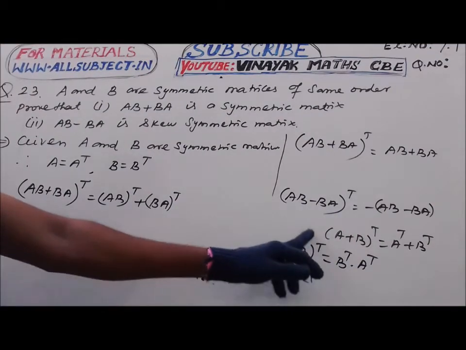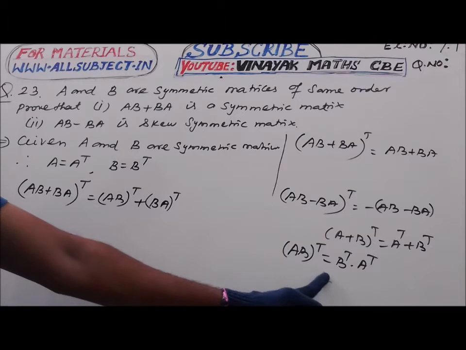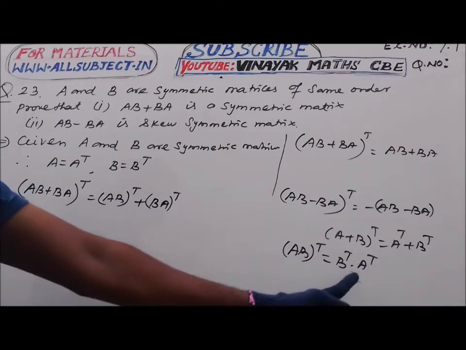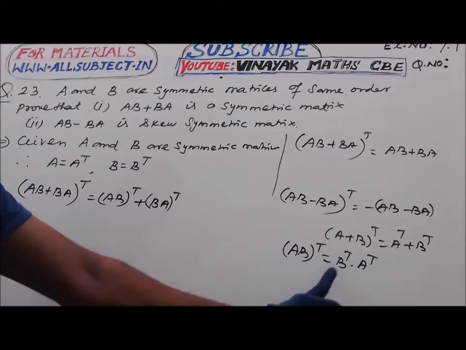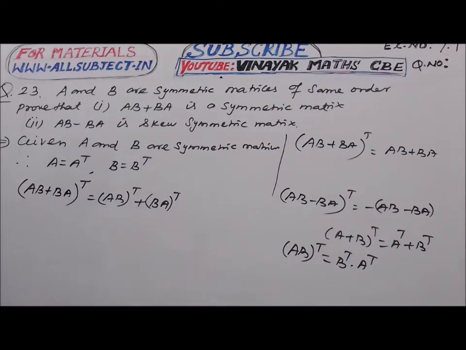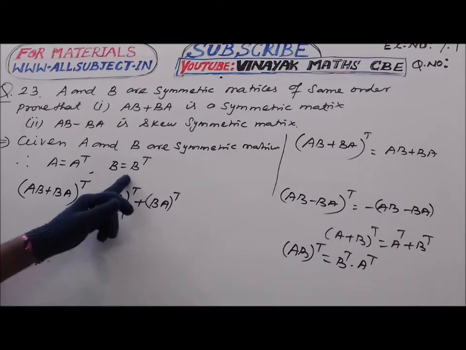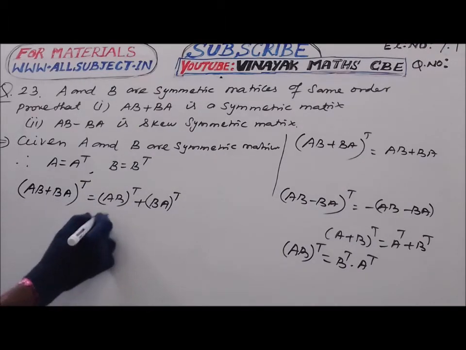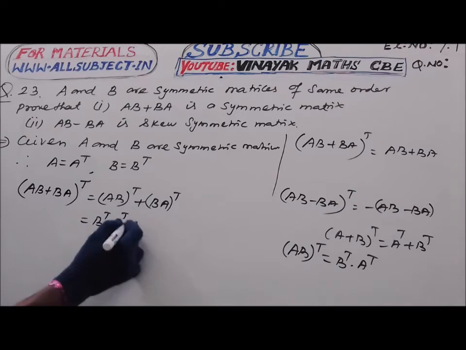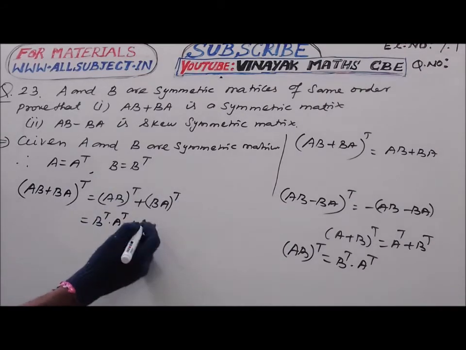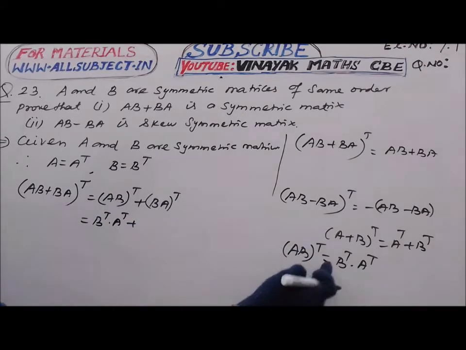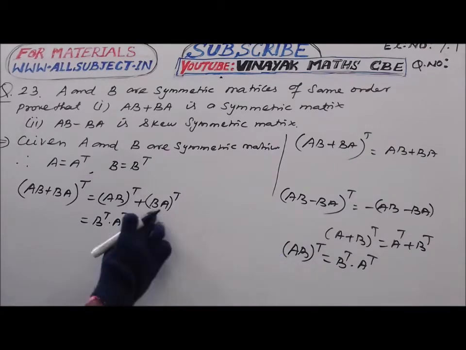The transpose of a product of two matrices is equal to the product of the transposes in reverse order, that is B transpose into A transpose. So (AB) whole transpose is B transpose into A transpose, and then (BA) whole transpose is A transpose into